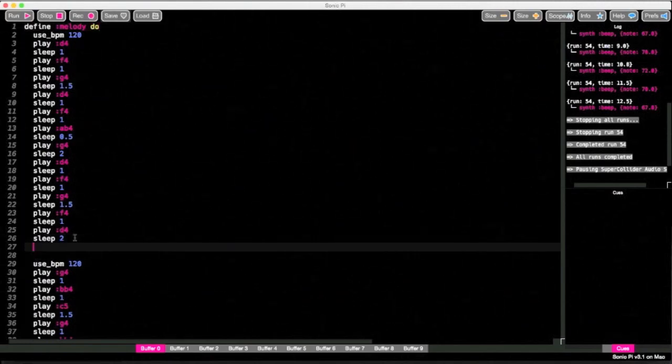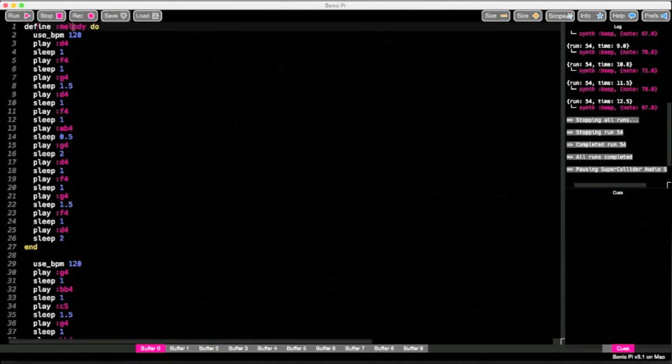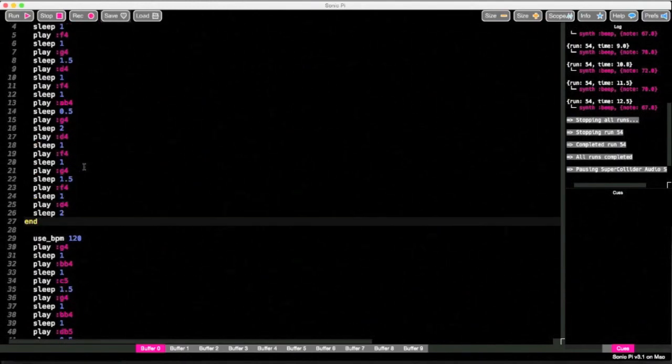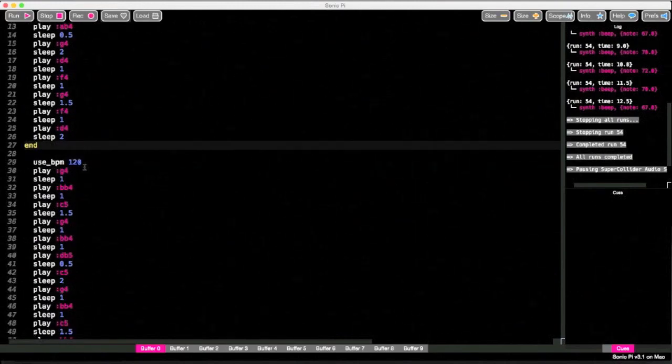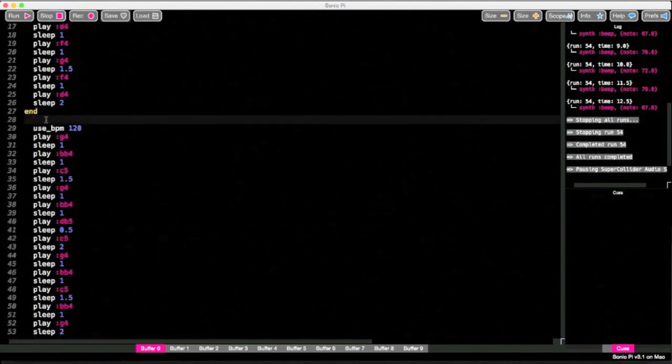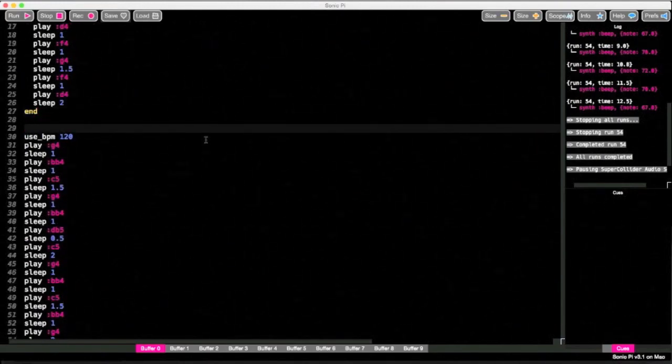At the very end of the section, we're going to write end. So what that means, once again, is that this whole one-note melody line is called melody. We want it to start from here and end here. So there it is. Then we're going to do exactly the same thing with the harmony,